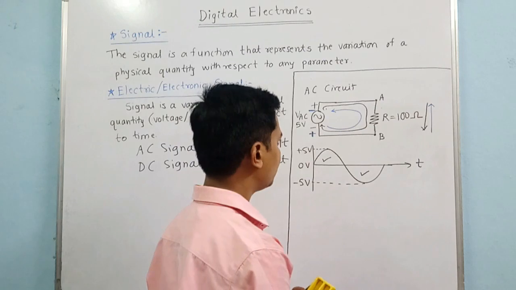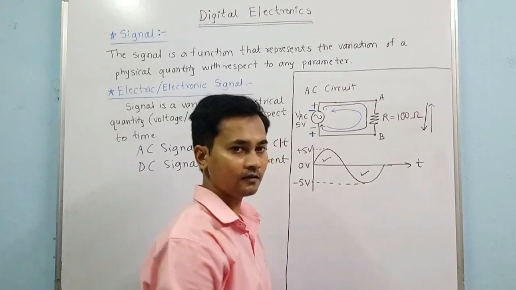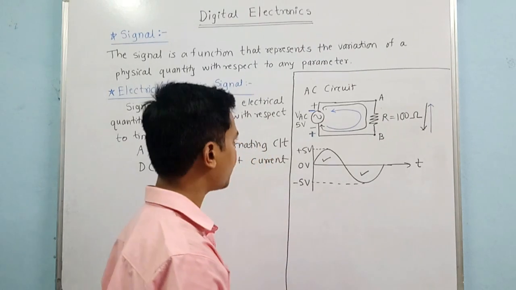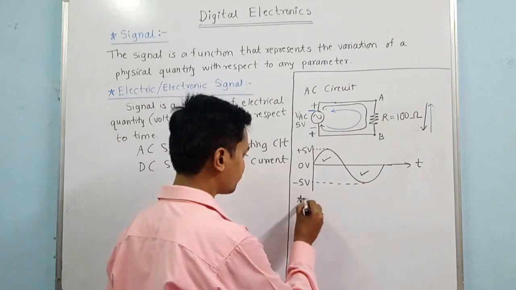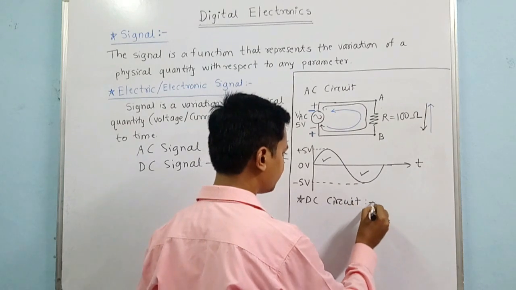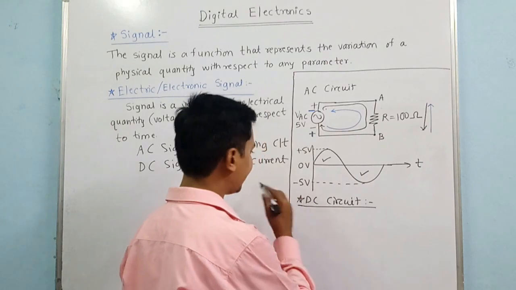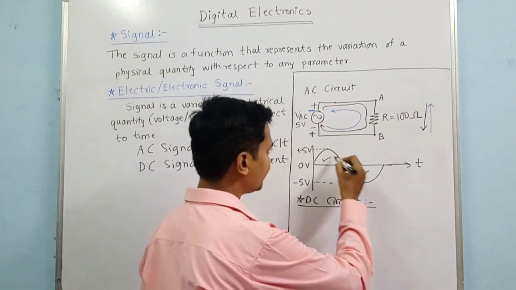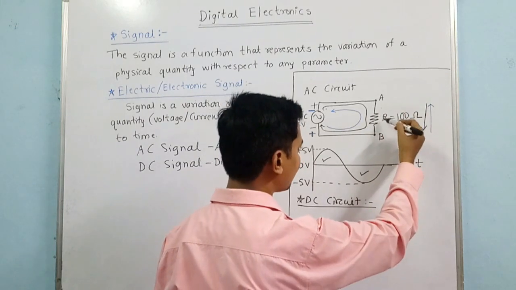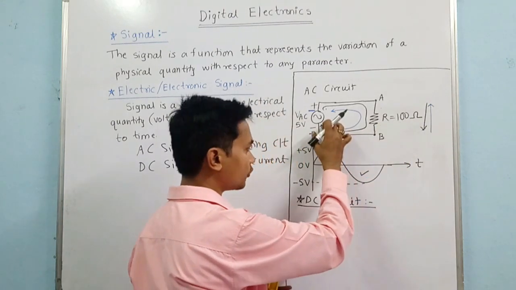So this is called the AC circuit, which is driven by the AC supply, alternating current source supply. Now what about the DC circuit? DC circuit means, DC means what? Direct current. So here in the AC circuit the current direction changes through this R, or here you can consider this is the load which is driven by the AC source or AC supply.